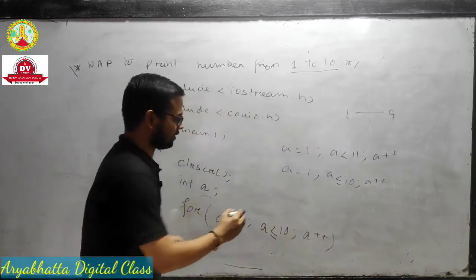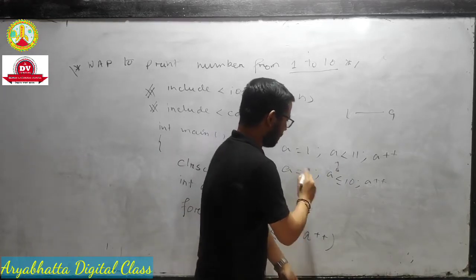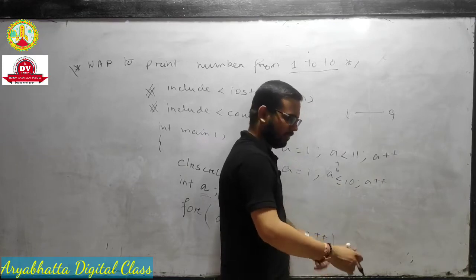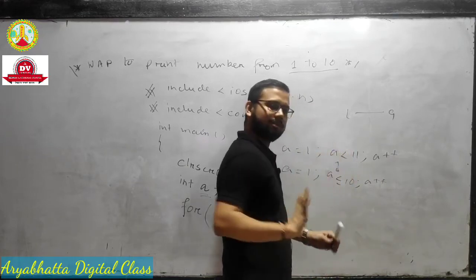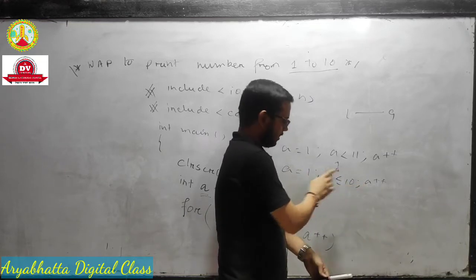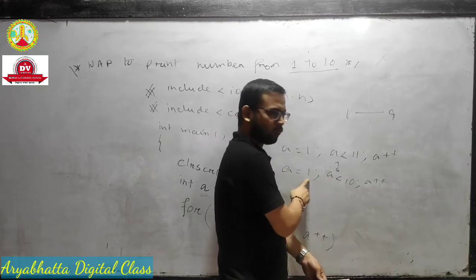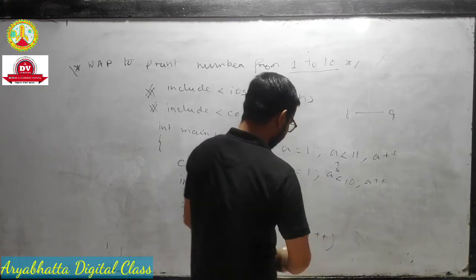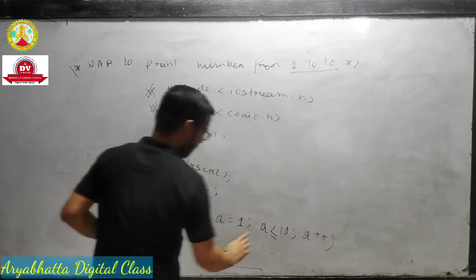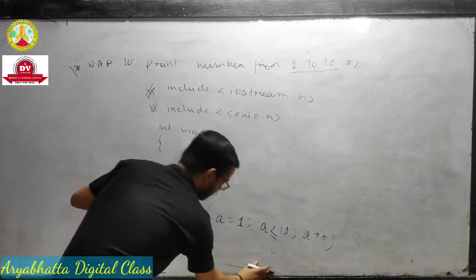These two things are equal. Starting from 1, if you write a less than 11 or a less than or equal to 10, both lines have the same meaning, the limit is up to 10 starting from 1. If you don't put this equal sign, then it will come 1 to 9. That's why I write this less than or equal to 10, a plus plus, and